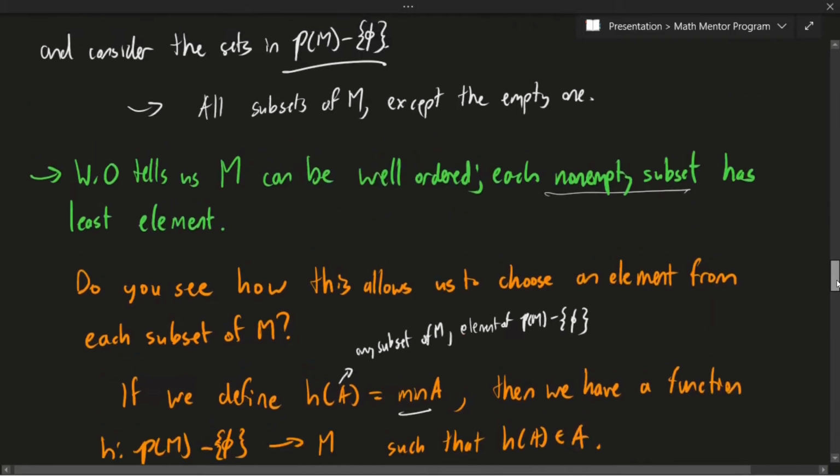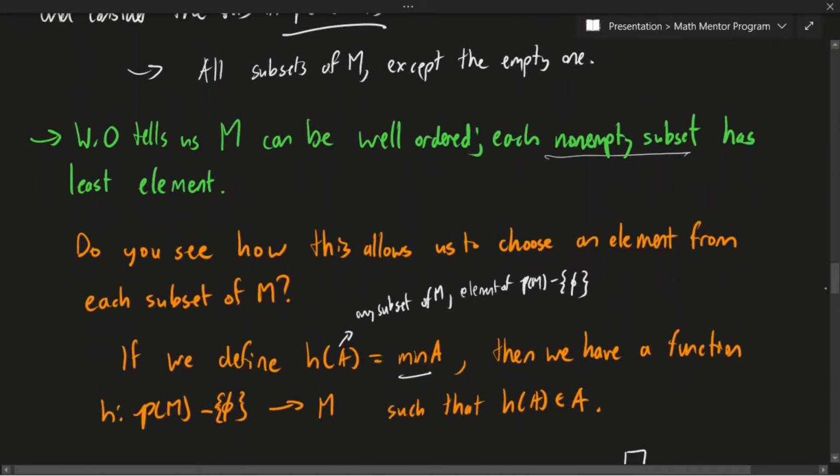So notice how quick that proof was. All we had to do was really just interpret what well ordering tells us. This is basically the crux of the proof. Because well ordering allows us to have a minimum element, we can just choose that minimum element, and that gives us the proof of ACP.